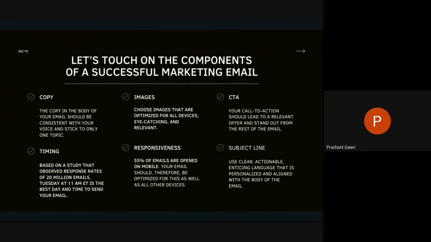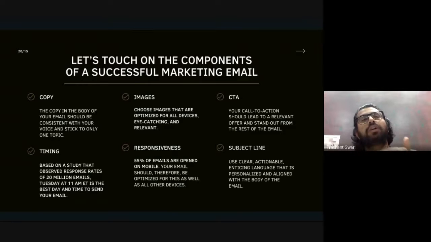It can look different on desktop and on mobile, and you don't want the content to look totally different. Images will look really bad, images will overlay each other, and content will be cropped out from the corner. You don't want that, so you have to use a responsive email marketing campaign.